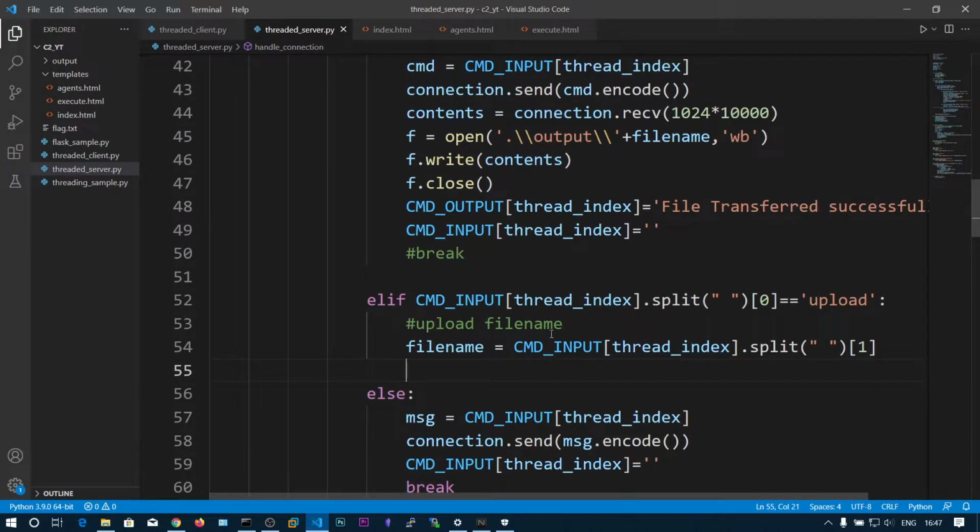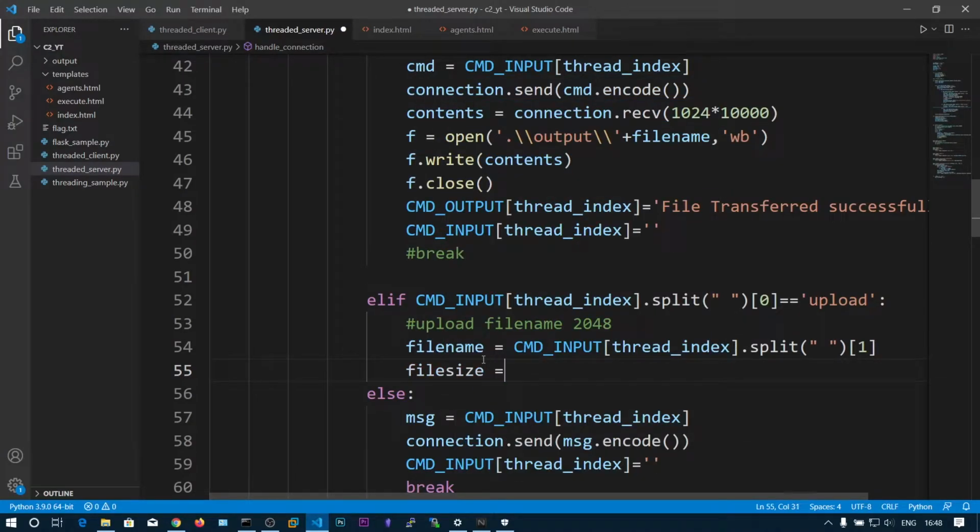So upload file name, we don't know the file size. So what we can do is send the size of the content along with the command. Let's say 2048. So this should be some example, so the client knows the rough file size and exactly gets the file content.